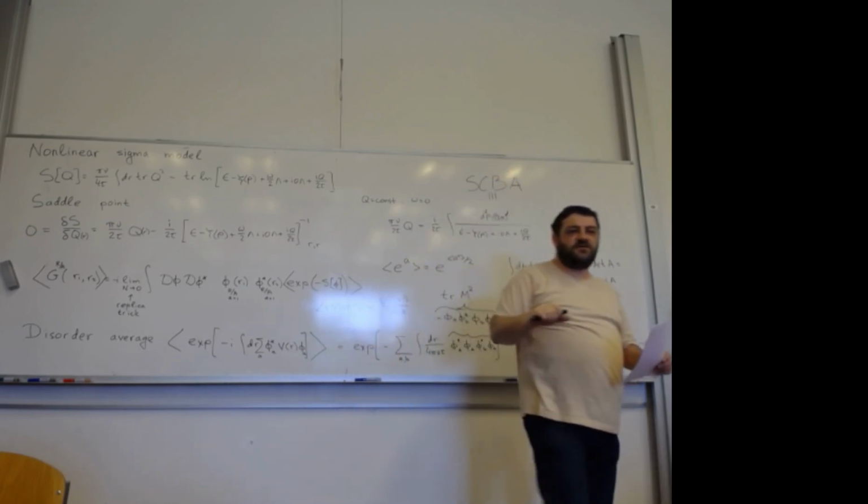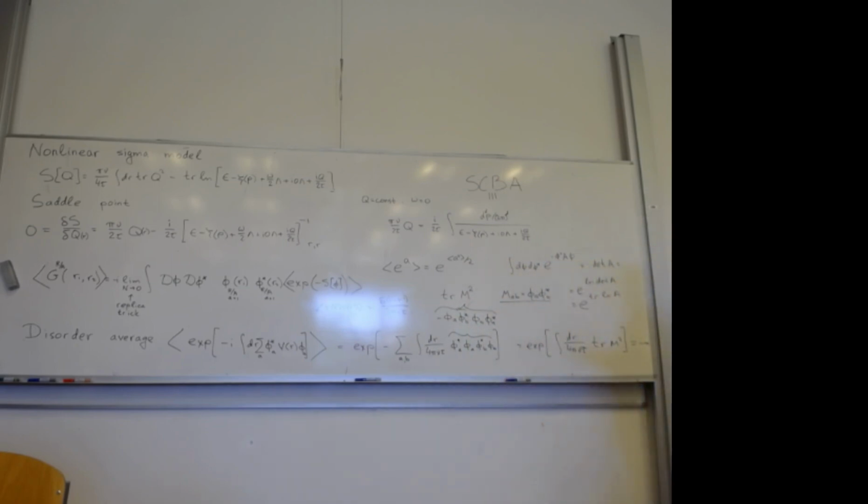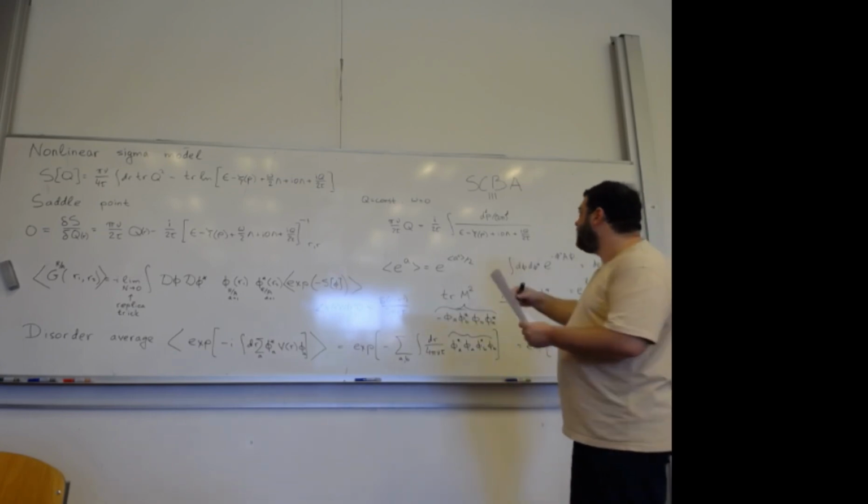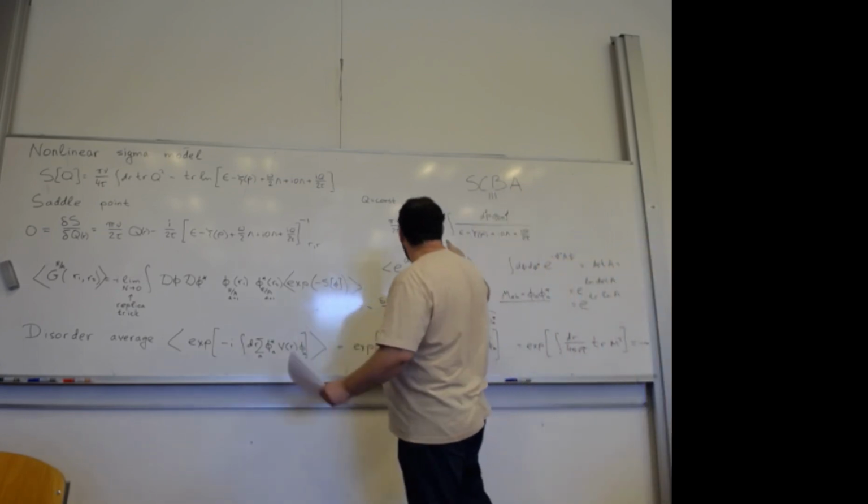The equation that we had for the self-energy for the average Green function, when we included the diagrams with non-intersecting impurity lines, was called the self-consistent Born approximation, and the